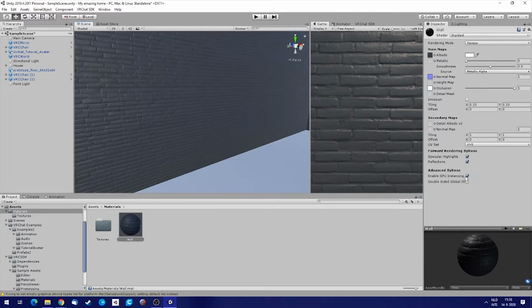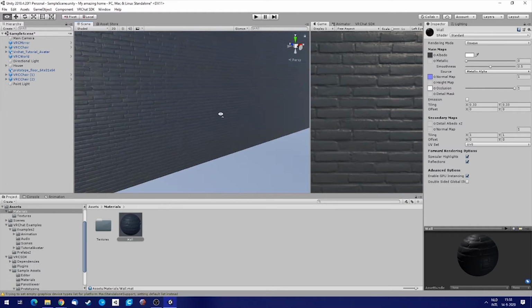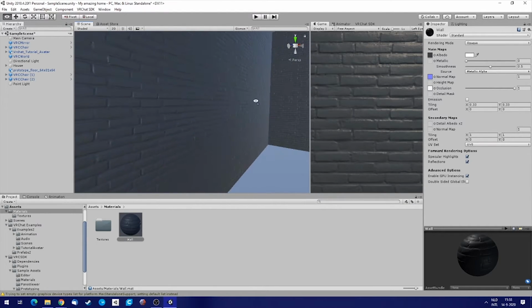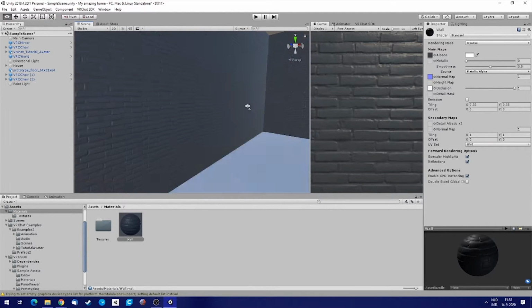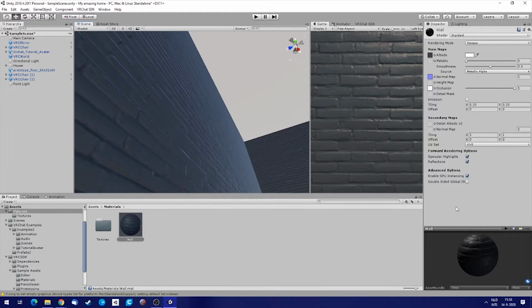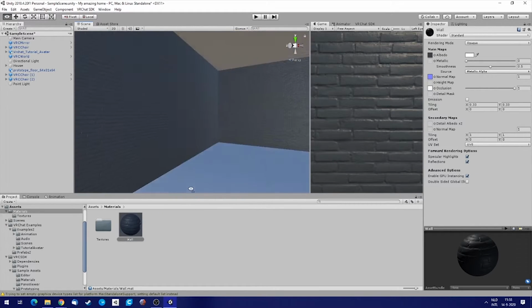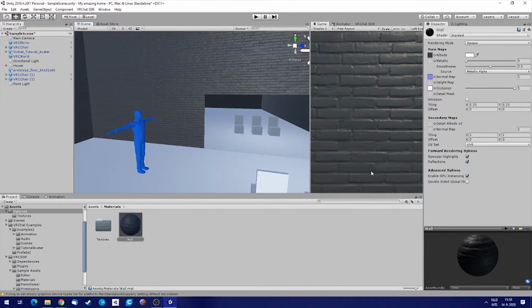It's pretty important for the newer computers, the newer video cards will make it way faster to render the materials when this is checked on. Keep that checked on. If you see something stating enabling the GPU instancing,